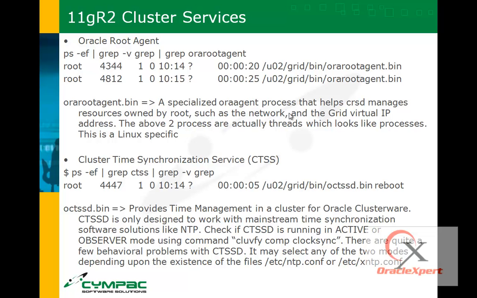So the above two processes are actually threads which look like processes, and this is very Linux specific. Because we have seen earlier that there are two orarootagents triggered, one by CRSD, one by OHASD. Then next